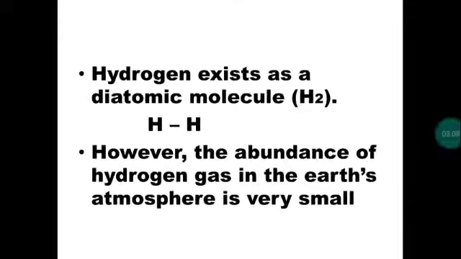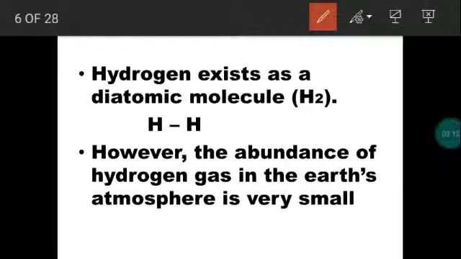Then what is the existence of hydrogen? As we know, a single hydrogen atom cannot exist because it is highly unstable. It has only 1 electron in the shell. So it is unstable. So hydrogen always exists in the form of a molecule, right? In the form of the H2 molecule. So 2 hydrogen atoms mutually share electrons to make a covalent bond. So they always exist as a homonuclear diatomic molecule, H2.